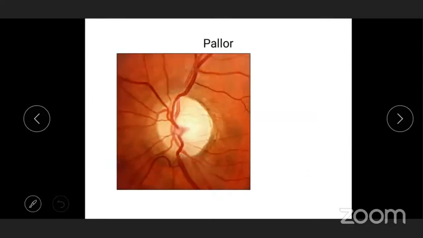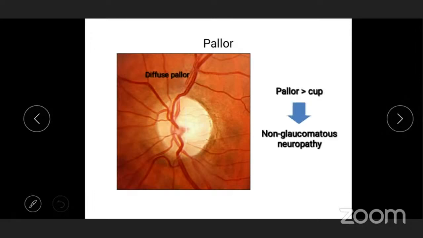So the next thing we look at is the color of the rim and pallor. So pallor can be seen in angle closure glaucomas, but if you see pallor like this, then you should always consider a non-glaucomatous optic neuropathy also. So rule that out, keep the differential of glaucoma lower down the list, rule out a non-glaucomatous optic neuropathy. It could be a brain occupying lesion or so on and so forth, and ischemic optic neuropathy, rule that out, and then consider an angle closure.